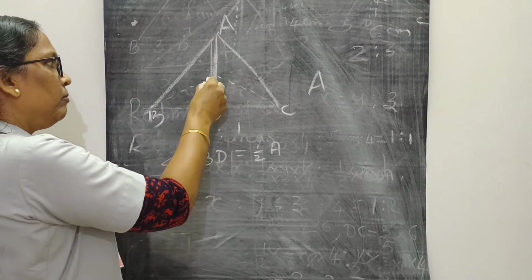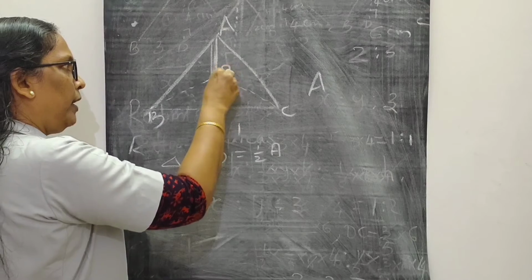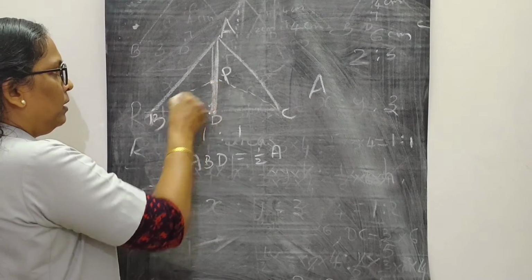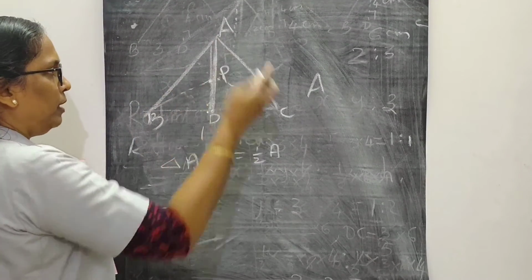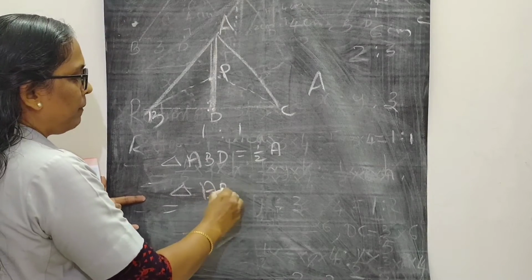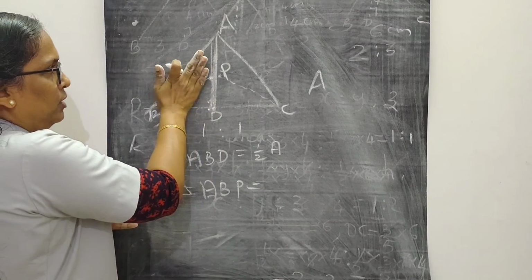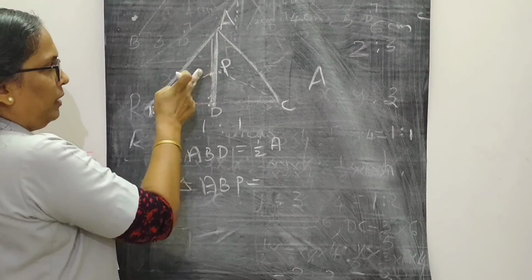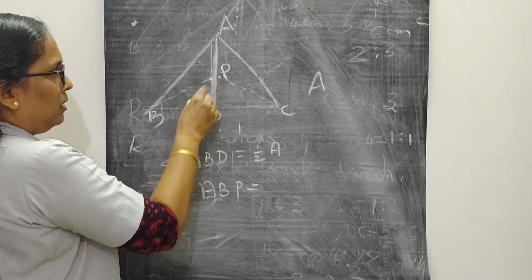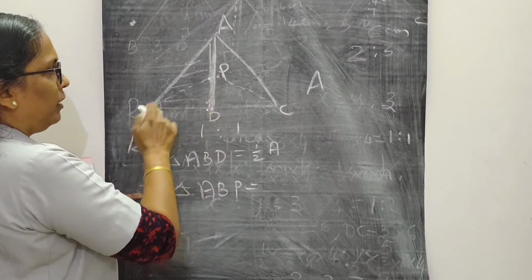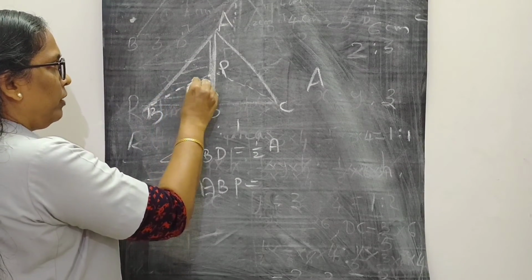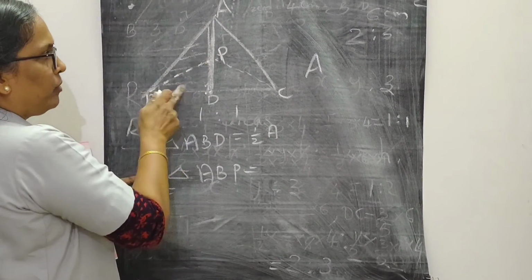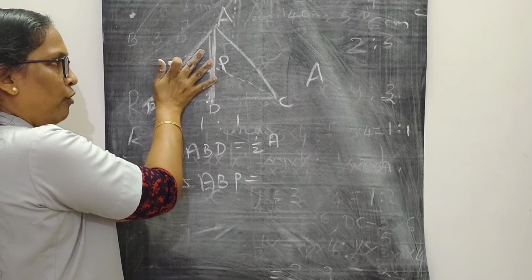Then again, now we join this P. We can take P as the midpoint of the line AB. So what will be the area of triangle ABP here? We take the area as half of A. And this is a midpoint, which means this triangle is divided into two equal parts. When we cut like this, these two triangles are divided into two equal parts, here on the left side only. So here it is 1/2 of A total area.